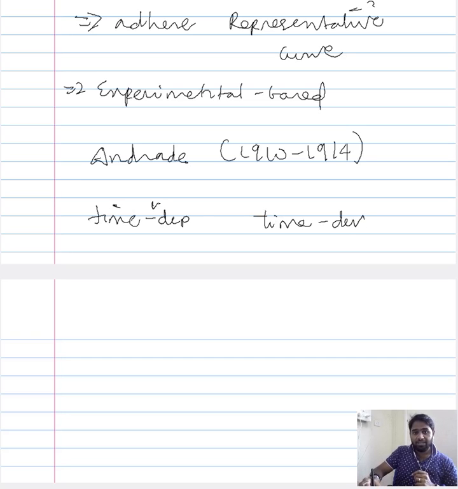So rather time independent sections and the time development sections. So this is time independent and time development. So time based and time independent sections. So that is the two ways he categorized the creep curve. Now